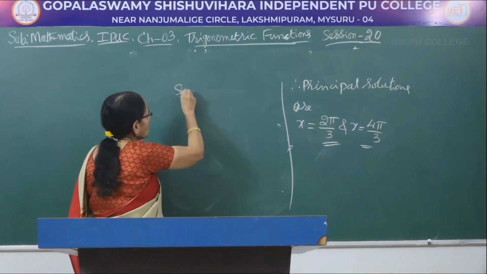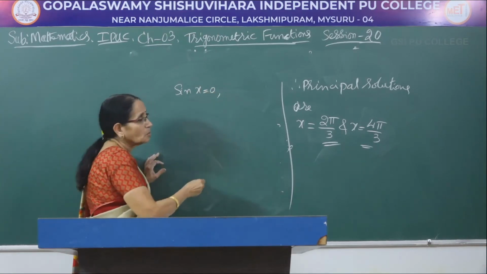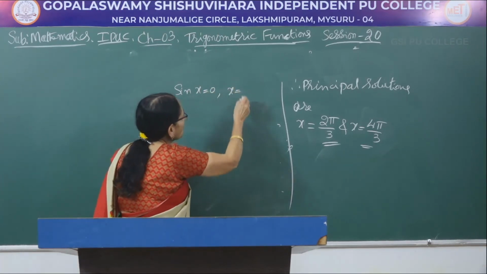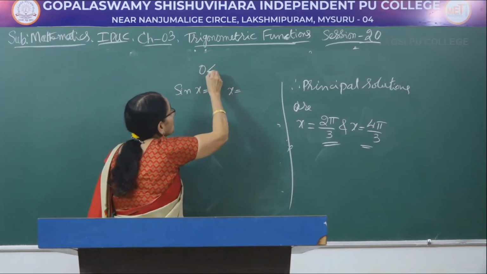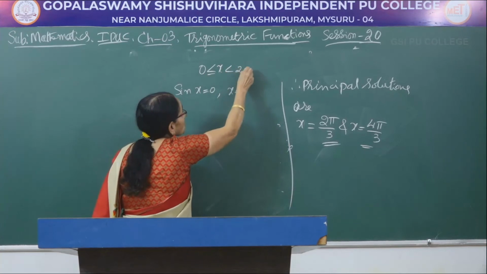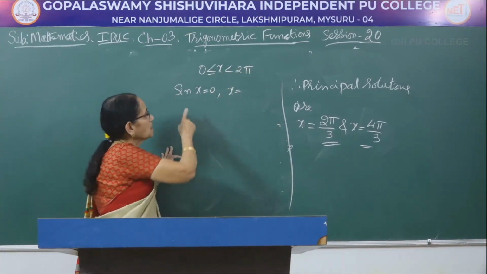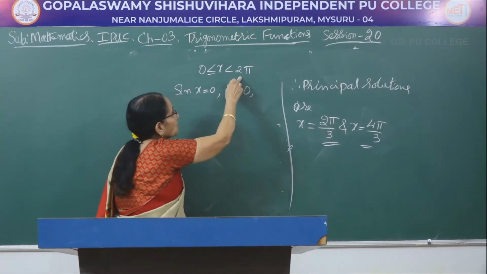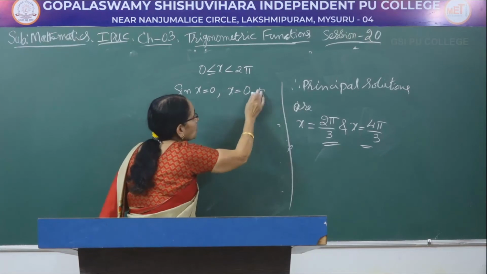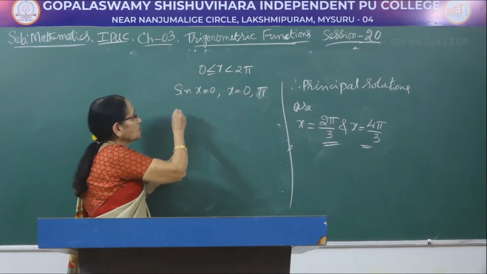Now, just now I gave you some equations where there will be only one solution. All these things you remember. Suppose I have given you sin x equal to 0. What can be the value? You know that we are taking the values between 0 less than or equal to x less than 2 pi. When you take sin x equal to 0, either x would be 0, one value, or it would be 180 degrees, that is, pi. Even this will have two solutions.